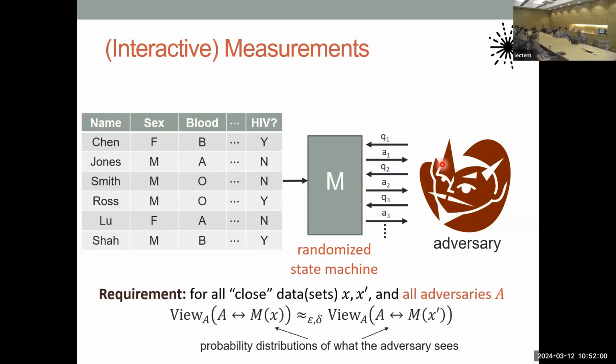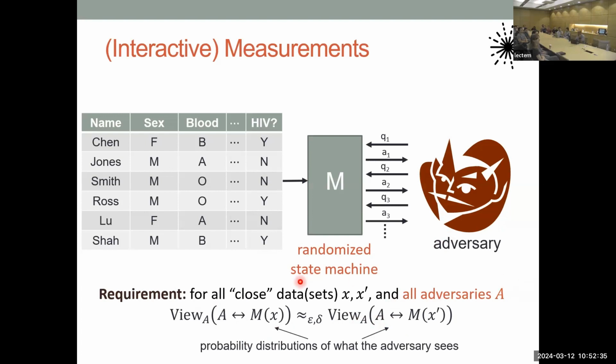So recall that I said in the beginning, and more recently we worked with this more general notion of a differentially private interface to the data where you can adaptively ask queries. In code, in the OpenDP library, we represent this as a randomized state machine. It turns out to be the right, useful programming implementation of this idea. And we have this way of requiring the privacy property that the view of the adversary